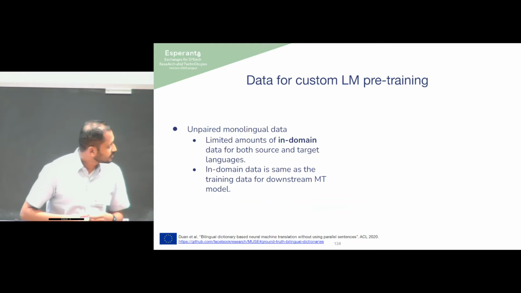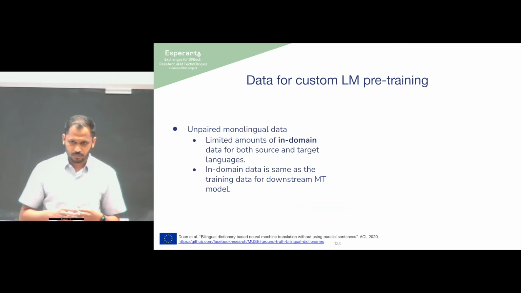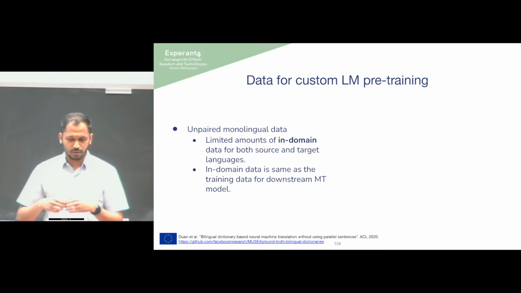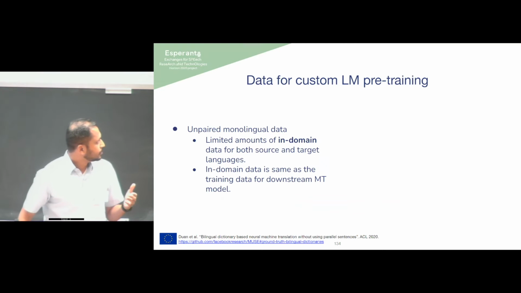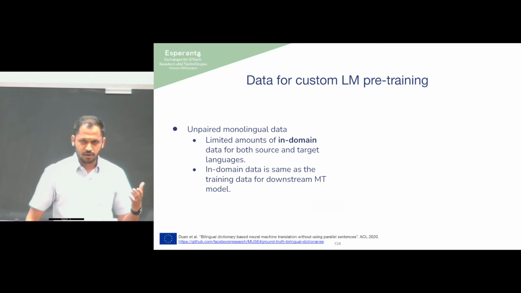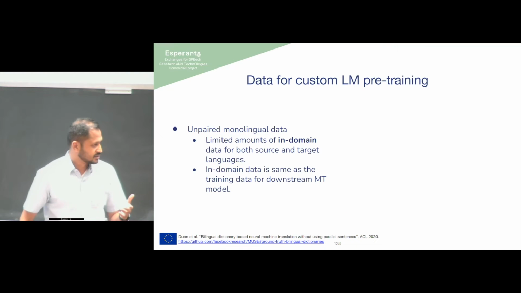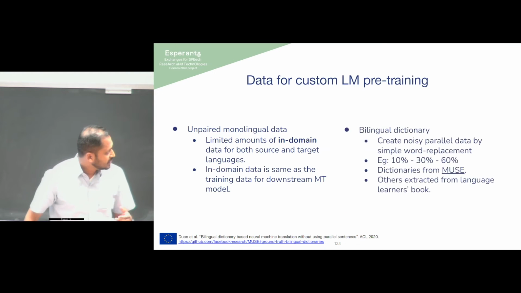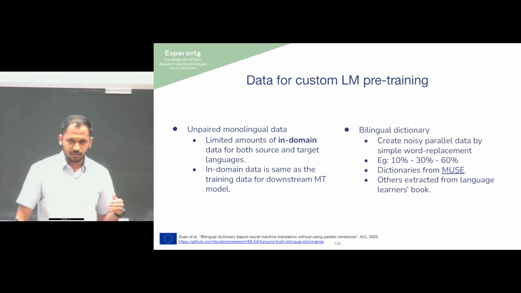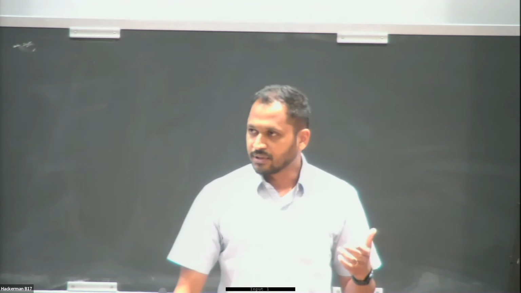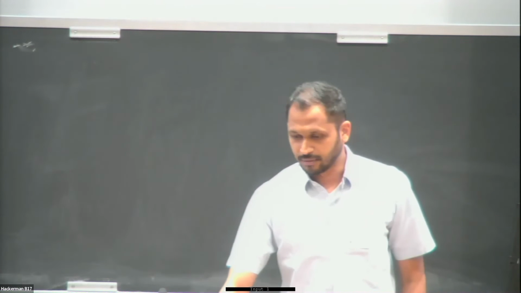And coming to the data for custom language model training. We already have a lot of pre-trained models on the internet, and we do not want to repeat the same experiments. So what we did is we trained our language models on a limited amount of data, but this limited amount of data is in-domain data, which matches the downstream machine translation or speech translation task. For the bilingual dictionary, we used existing bilingual dictionaries for high resource languages during the simulation experiments. And for the low resource setting, we made our own dictionaries, which my colleague Alejandro will talk about.